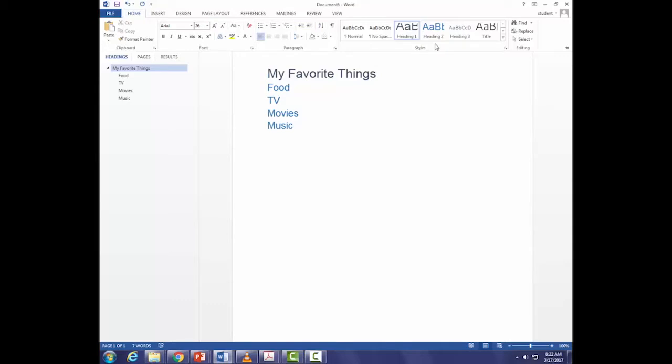So I've changed mine, I modified them. And again, if it's my own personal computer, I can say new documents based on this template, and that way, that'll save time too. So every time I create a heading 2, it'll look exactly the same, a heading 1 or a heading 3. However I decide to do that, they'll always look the same.